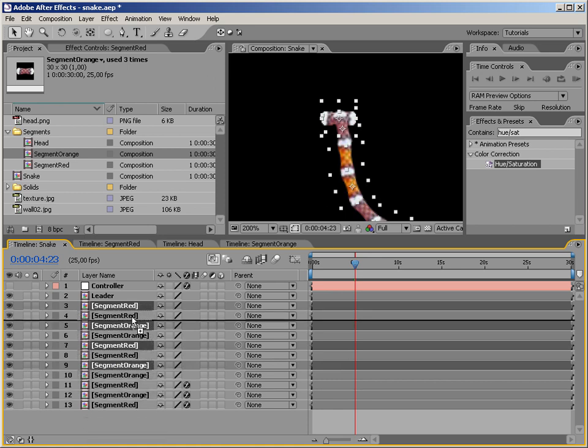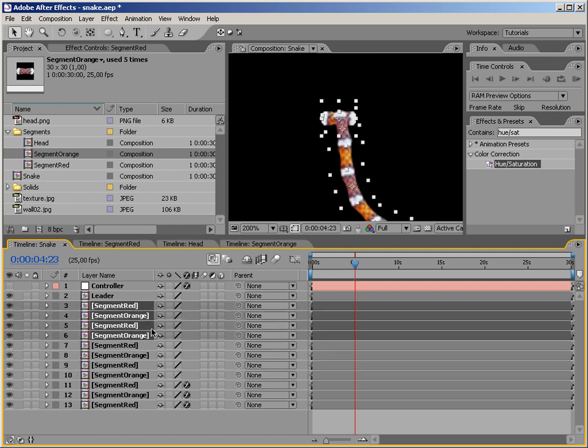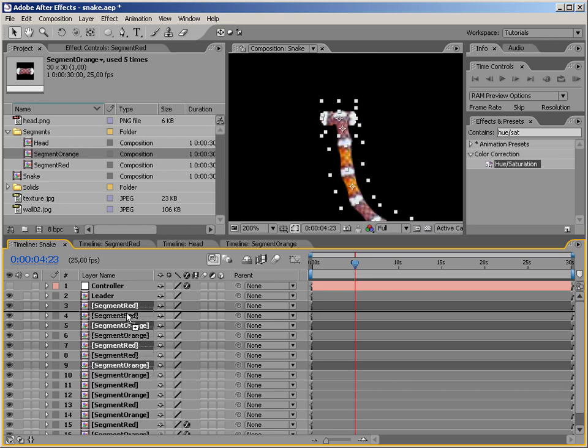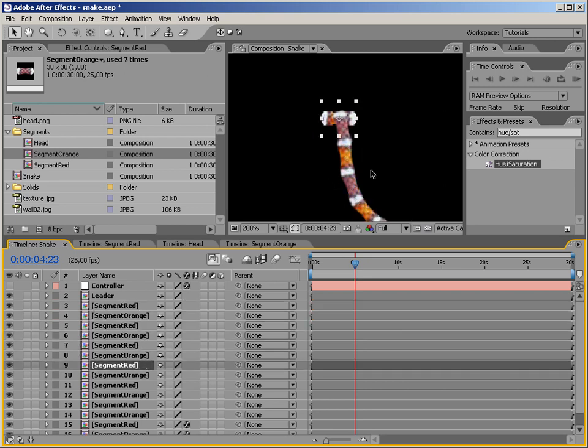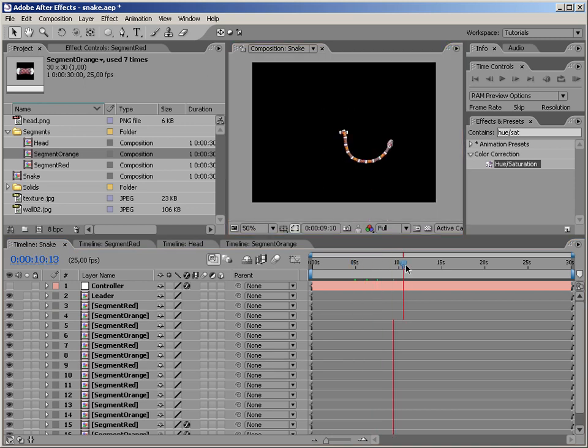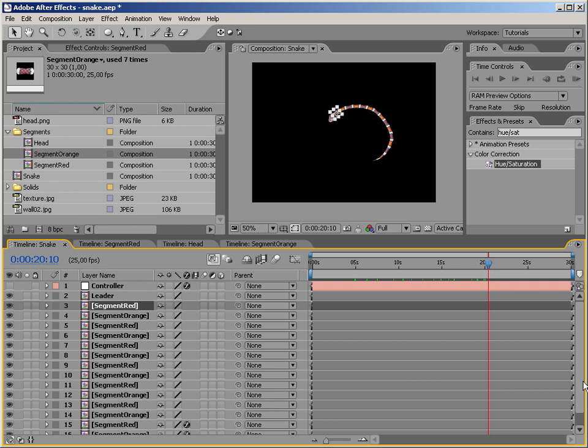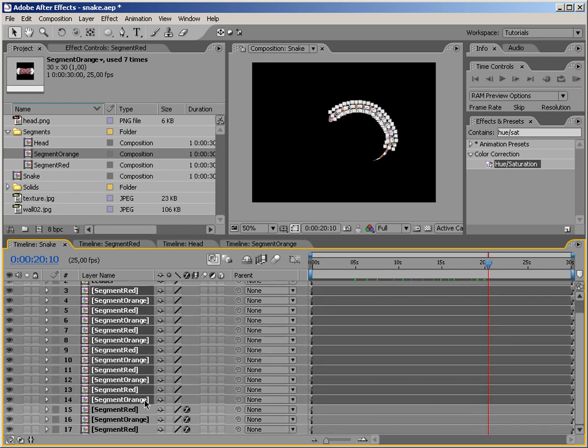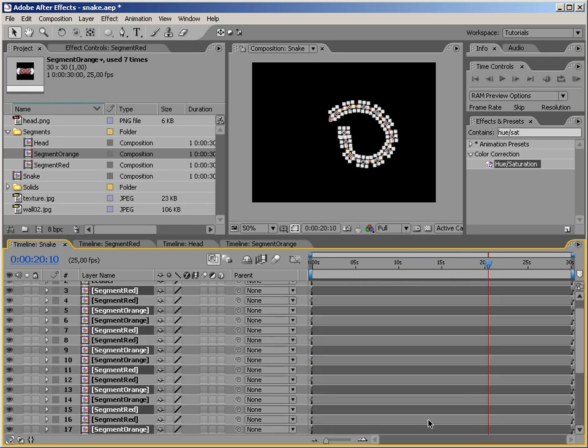Let's do something like this. Sorry, like this. And again, and let's just zoom out. Let's see how it looks. Nice, pretty nice. And what if you would like to make this snake even longer? Well, you probably guessed already that all you have to do is just duplicate this again, hit Ctrl D,